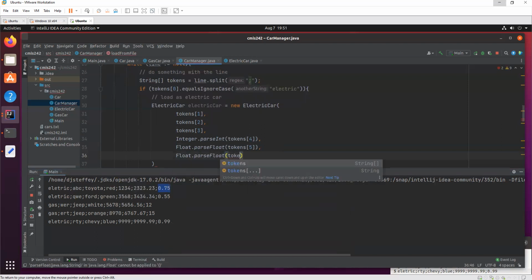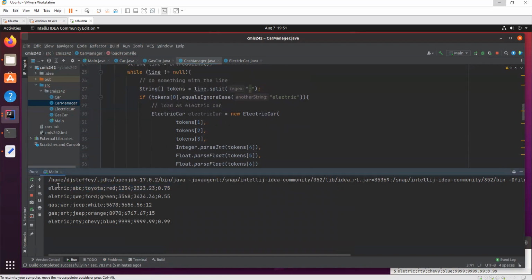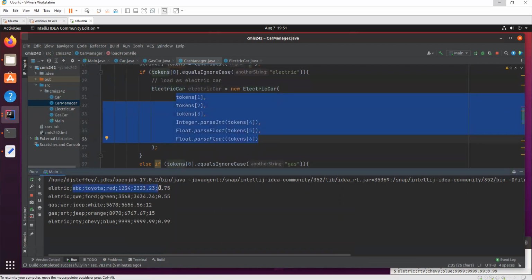Parse float, tokens 6. And there you go. We have made an electric car. We read this single line from the file. We noticed that the first token was electric. That means it's an electric car. So we make an electric car with all of those parameters representing the rest of the values in that file.